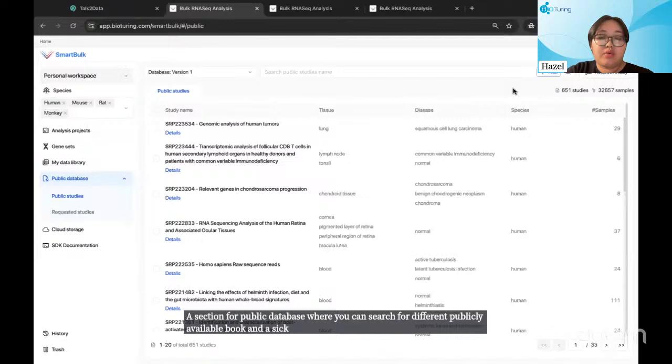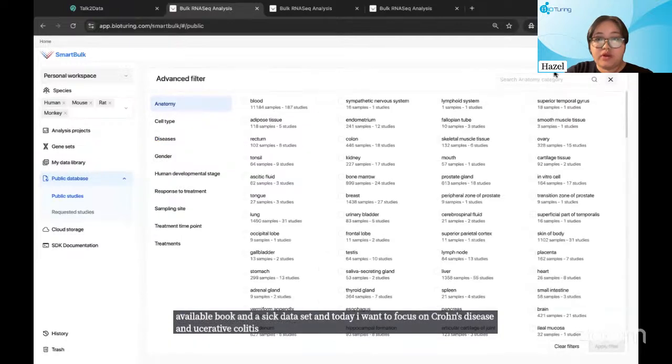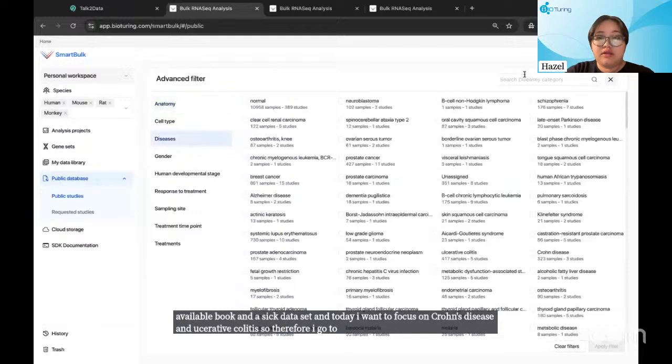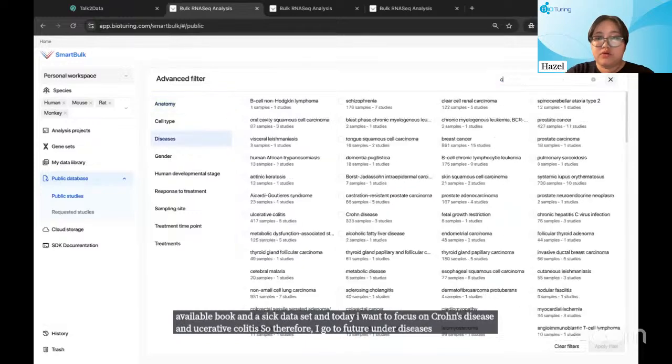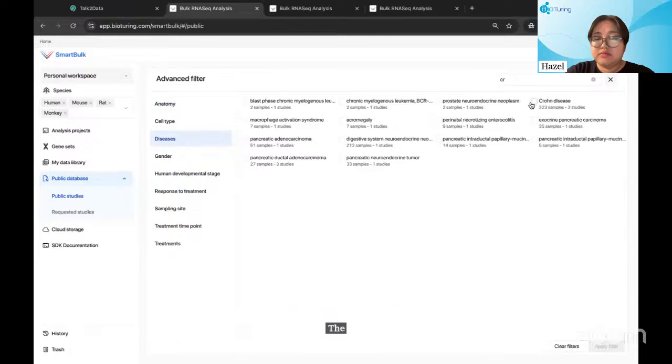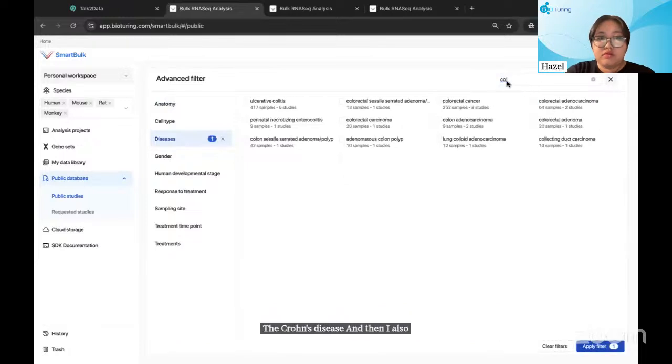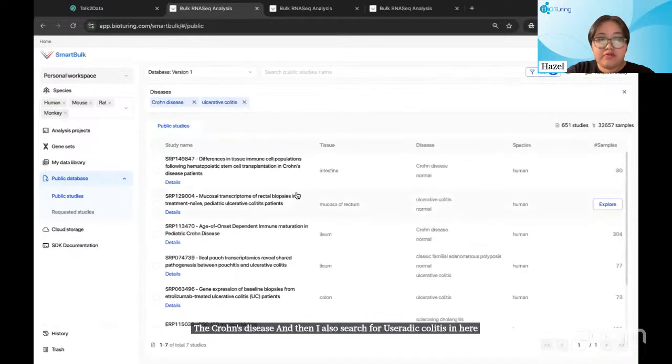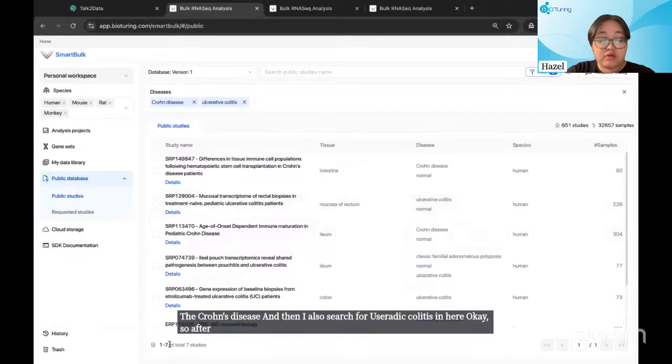And today I want to focus on Crohn's disease and ulcerative colitis. So therefore I go to filter here. Under diseases, I search for Crohn's disease, and then I also search for ulcerative colitis in here. Okay, so after applying filters, we got 7 total studies related to these two diseases, but today we will